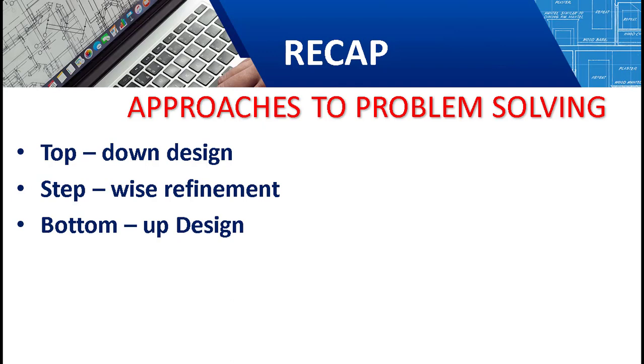Stepwise refinement is a process of breaking down the problem at each stage to obtain a computer solution. And bottom-up approach is the reverse of the top-down approach. Here the process starts with the identification of the modules which are either available or can be constructed. In this approach, the final program is obtained by combining the lower level modules. That is, two lower level modules, module 1 and module 2, will be combined to get an upper level, and it goes from bottom to top.